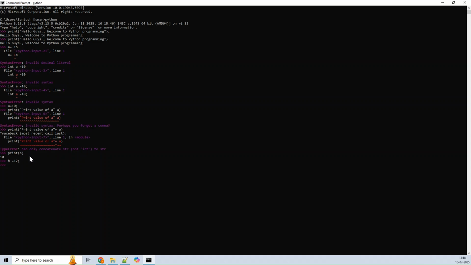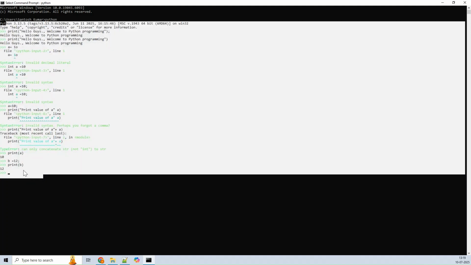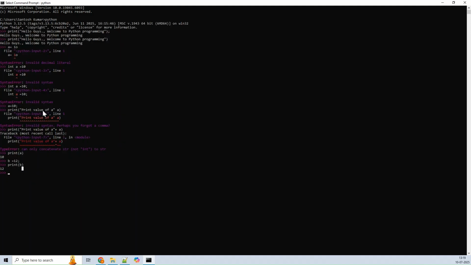So it will internally understand that the person who has written the program is using the integer type. So you just need to use print and the value of b. So you'll get 12. So this is how you can utilize the Python command line interface, and this is how you can execute the program.